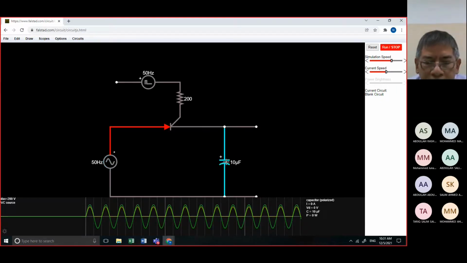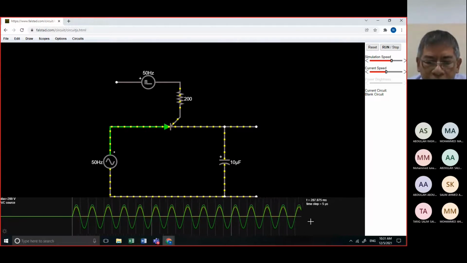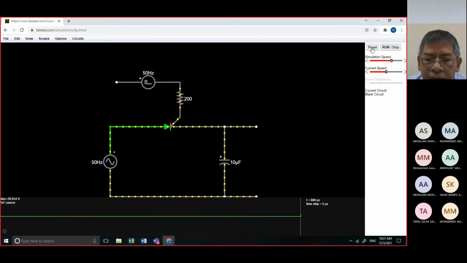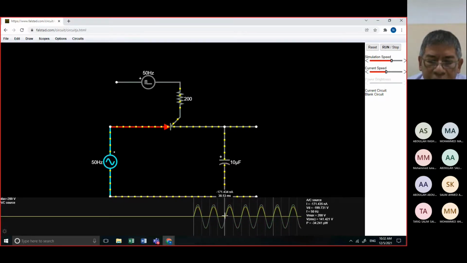When we use a capacitor here in the SCR, what is the output here? Did you see? From the start there is a spike, but when it's running it is the same as with the resistor.